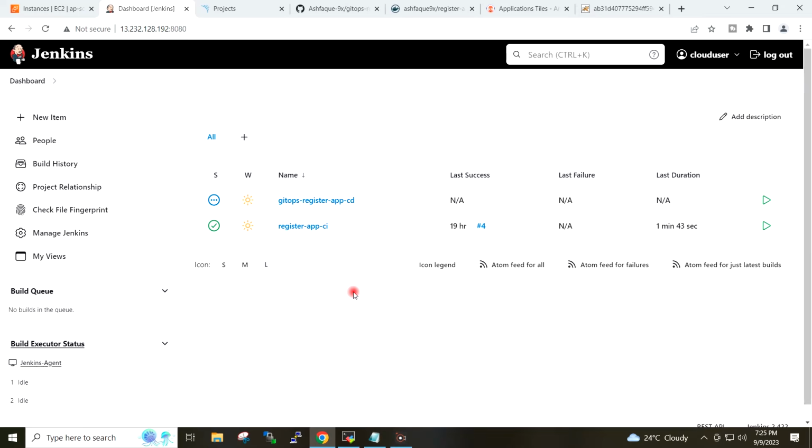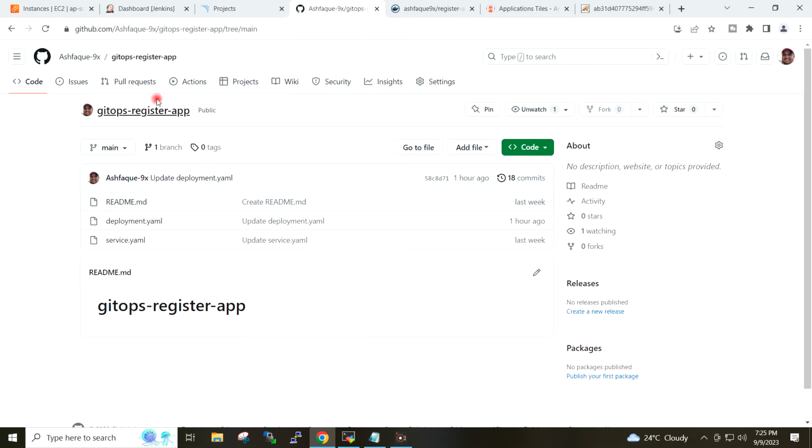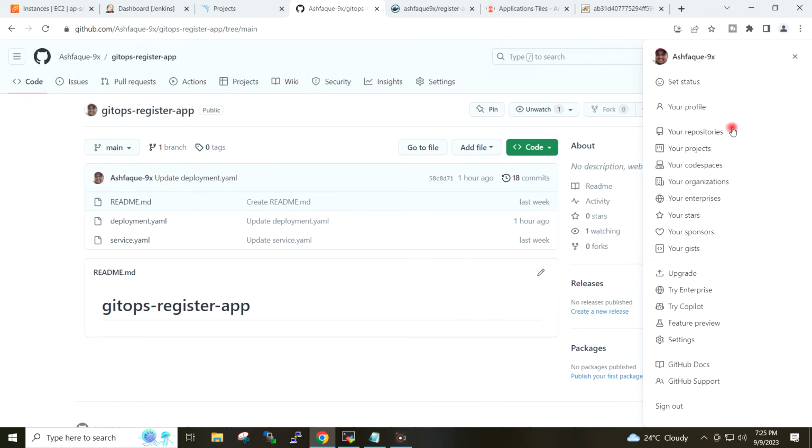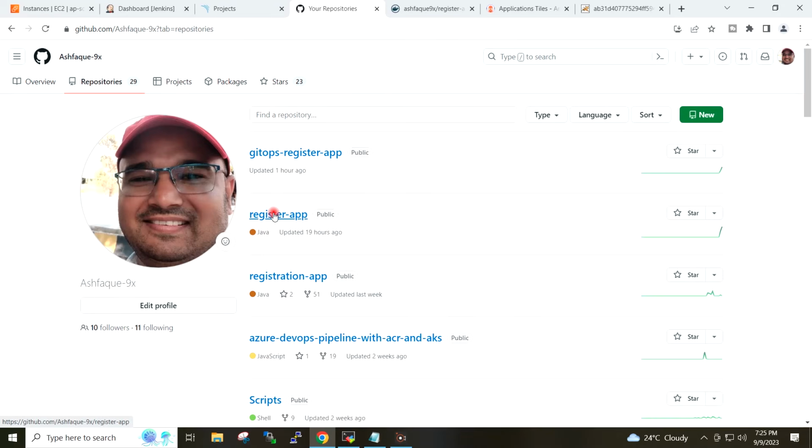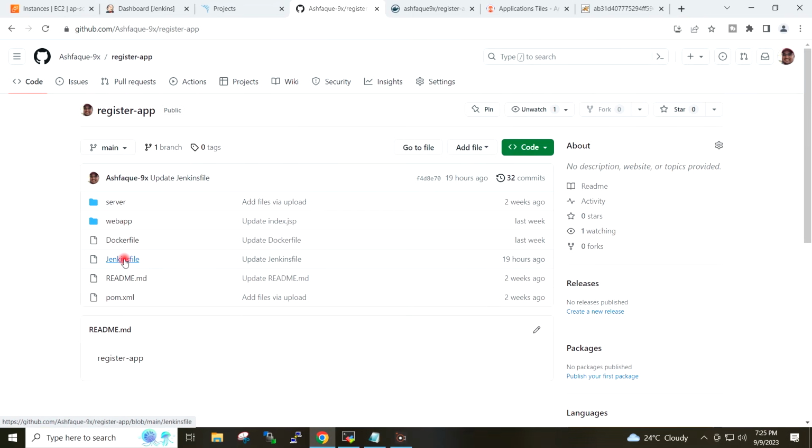Now I will go to my application repository on the GitHub, and I will open the Jenkins file.